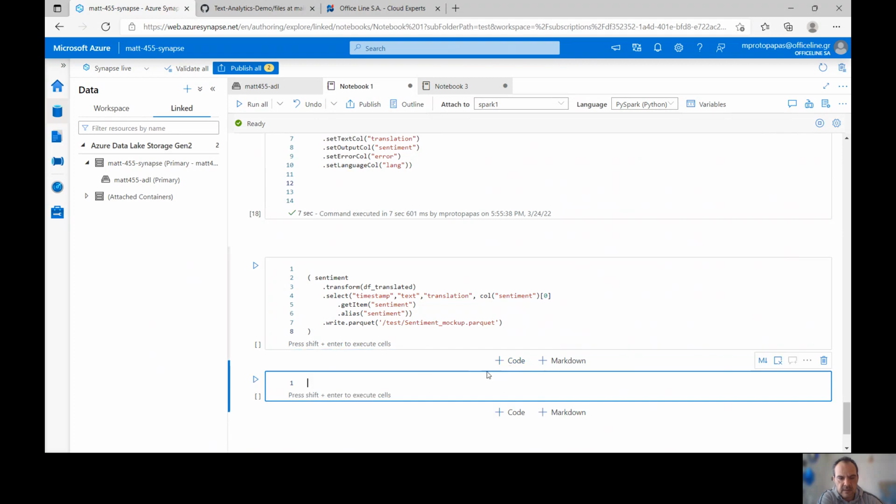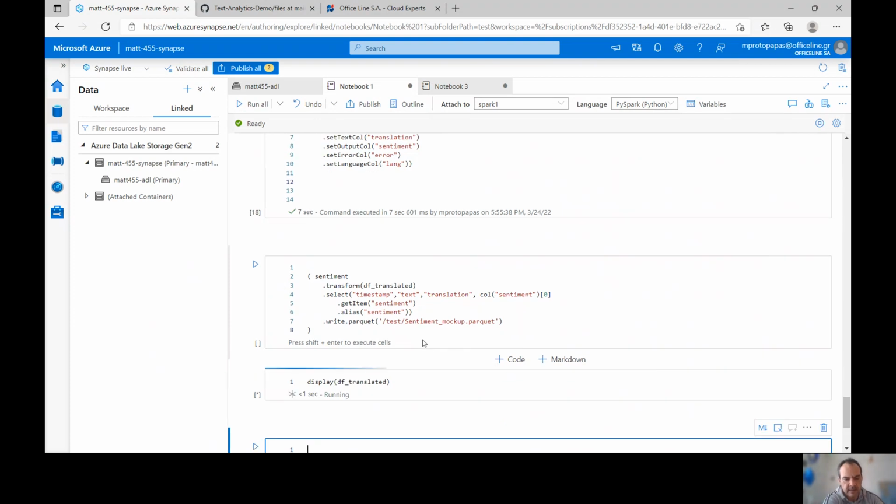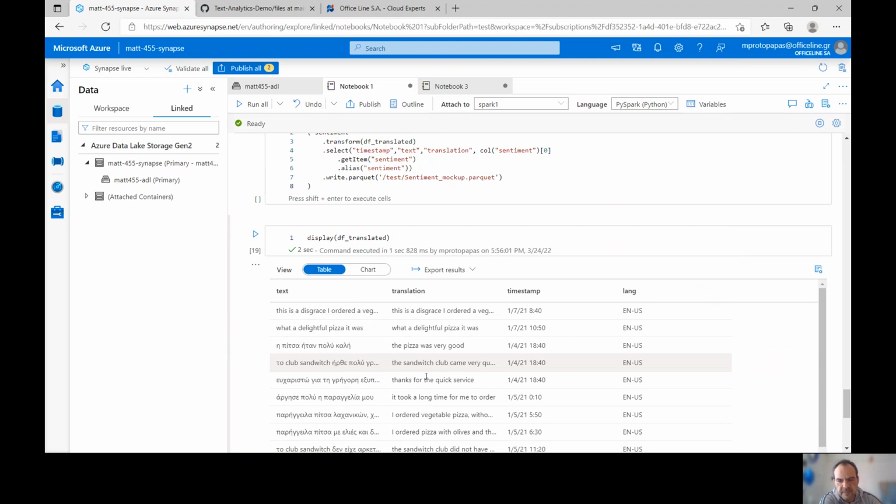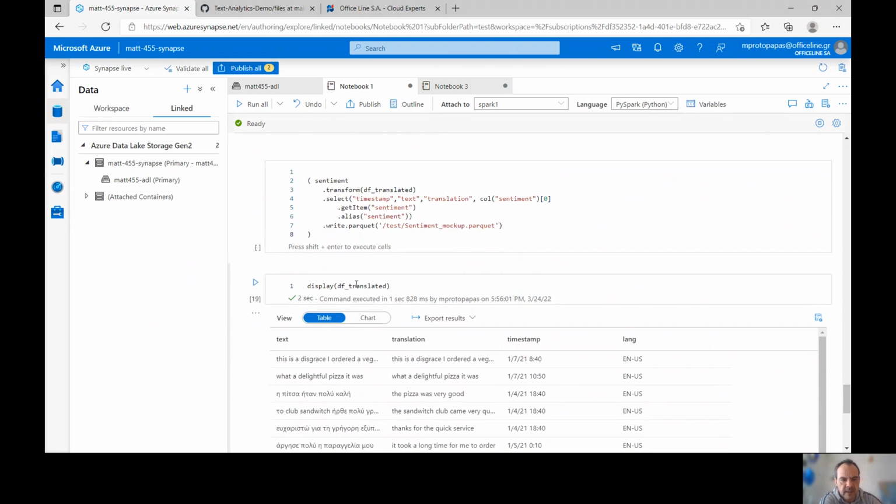This is, if you don't remember, display df translated like this, and it also has the lang column that I added earlier. And what we're going to do here is